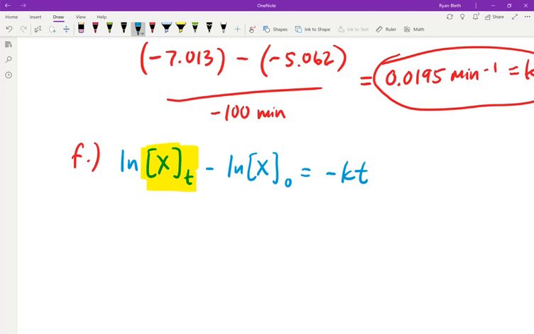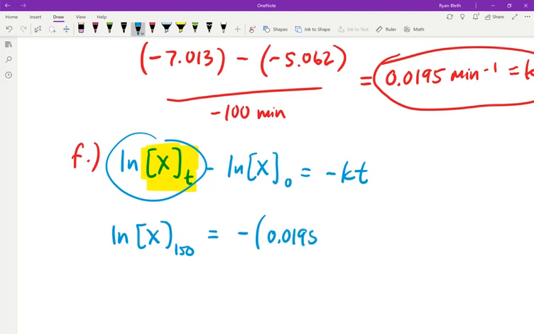So I'm going to rearrange it to get this term by itself. And so my equation will be that the natural log of X at 150 minutes will be equal to negative k, which is 0.0195. We just found that in the last step. It's the negative 1 times T, 150 minutes,